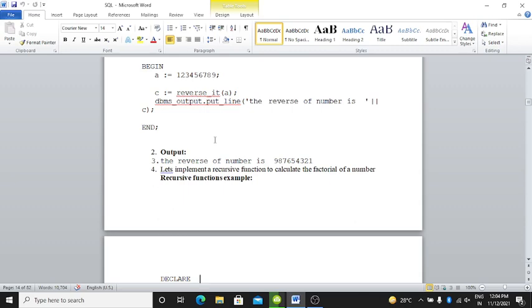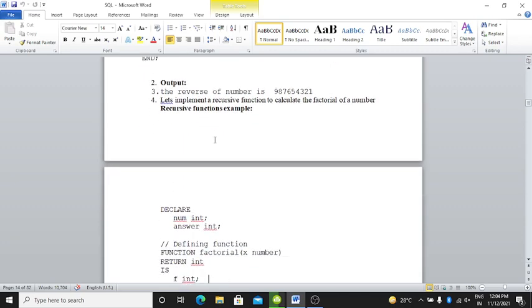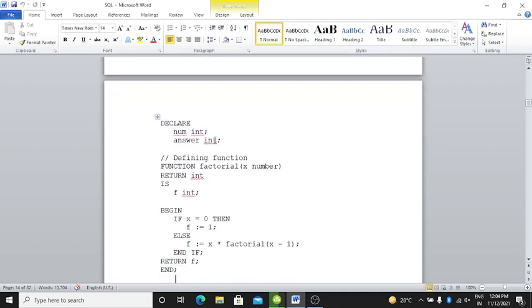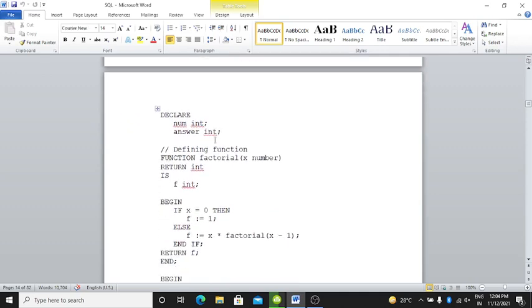Let's implement a recursive function to calculate the factorial of a number. Recursive function example is here. Declare num int, comma answer int.